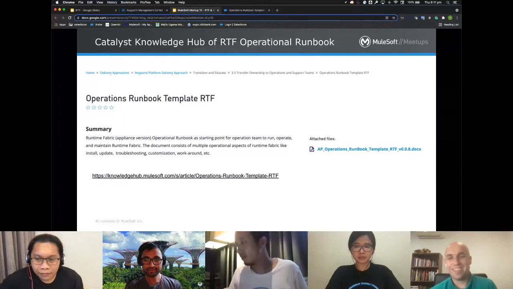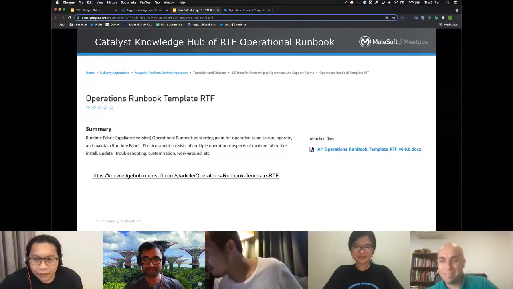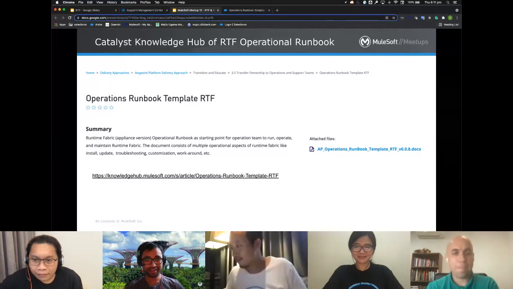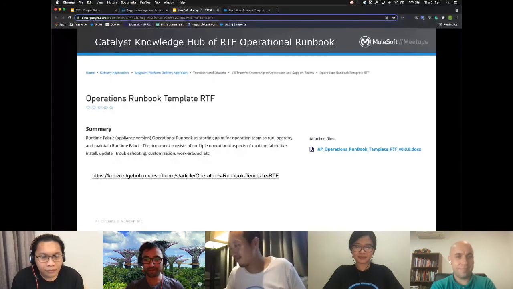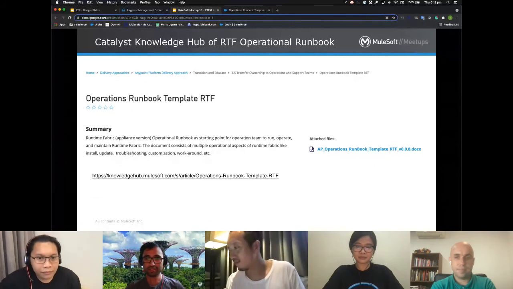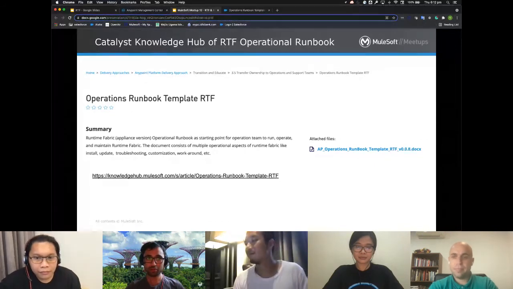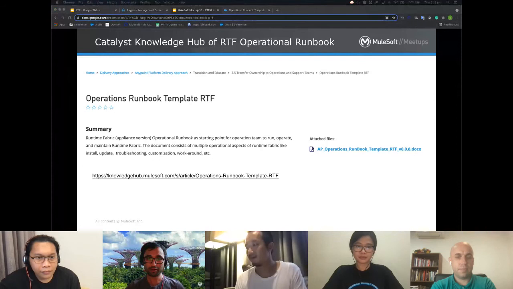It was wonderful hearing one of our RTF experts in the region, Yohanes, speak about it. For me, I hadn't actually seen the operations runbook template before, so seeing some of the guidance in there, especially around sizing, I think that's going to help many people. And I think the good thing about that runbook is it's probably even more useful before you start the journey, especially if you're in the planning stage, because a lot of the things I could see in there is knowledge that would be useful to know when you're designing and planning, even before you're operating. So that's probably one call out. I'll keep it as a useful resource for others to know about when they're going down that pathway.